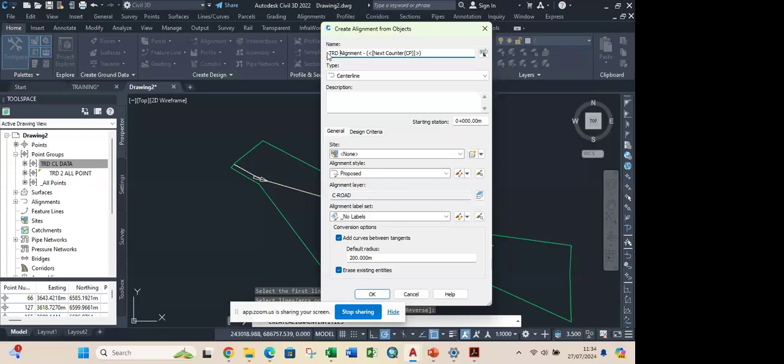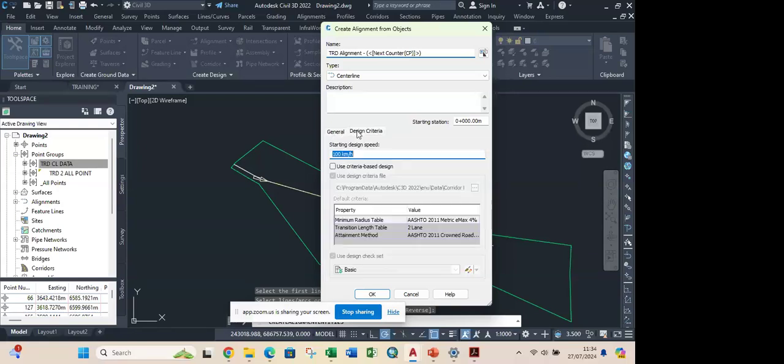The type is centerline. Give it a default. The next one, you can see this tab here. We're on the general tab. On this general tab, we'll leave it at default first. Then we'll go to the design criteria. This design criteria is where we start with the design speed of the road. So you can now input your design speed of the road. If you're designing for 60 km/h, you put the design speed,